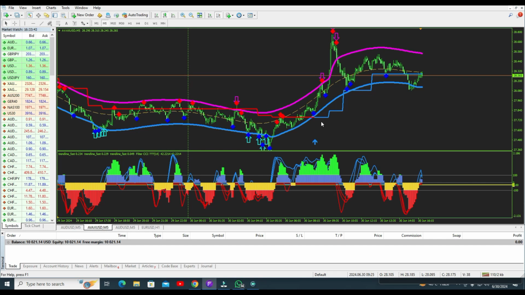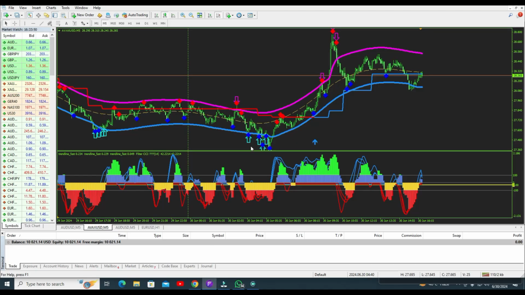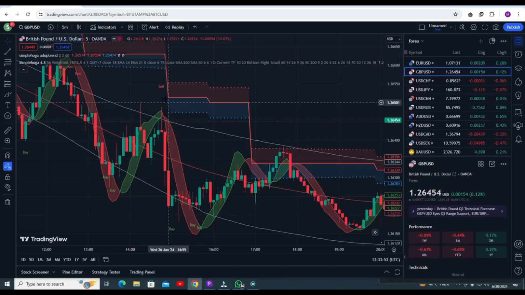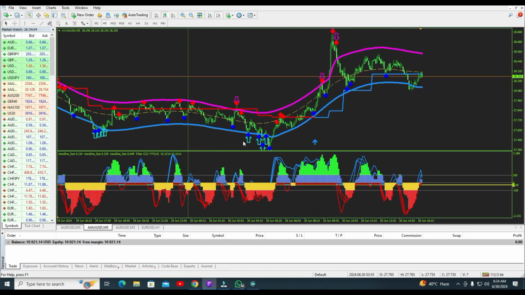The same adopt trend line is used here. This adopt trend line I am using in MT4 as well, and this is the buy signal and sell signal, the same here, each and everything, but I just did not write the sell and buy. I am using arrows in MT4. Let me show. I am using just arrows here.